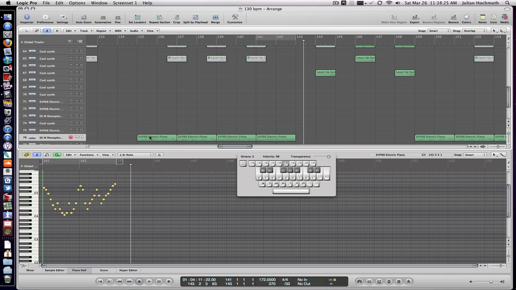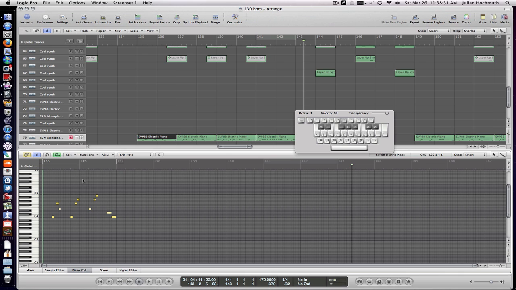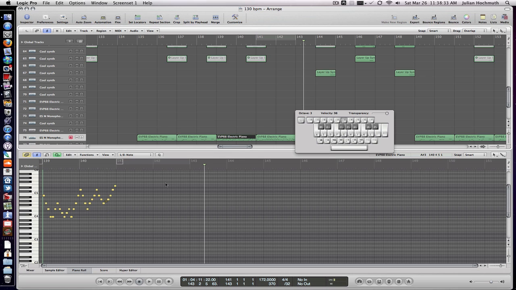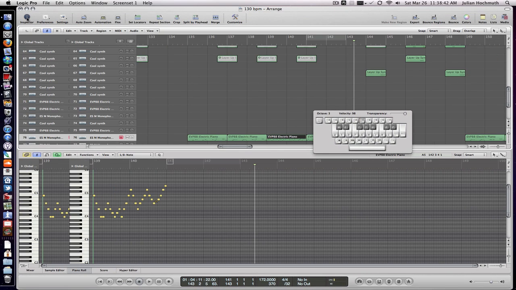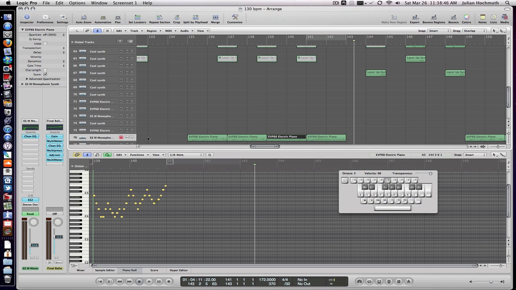So pretty much, if you're going to use an arcade type sound, I would keep it kind of glitchy at some points, or just make it like a crazy solo type thing, or you can do something in between. It's your choice, but this is just how it works for me, and the sound that I like to get when I use this instrument. So pretty much it's a preset in the ES2